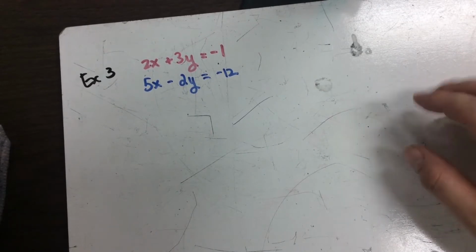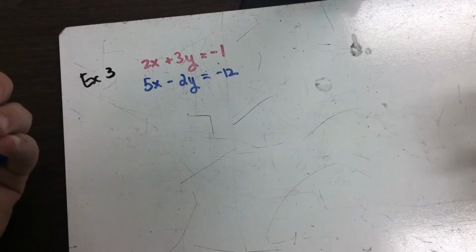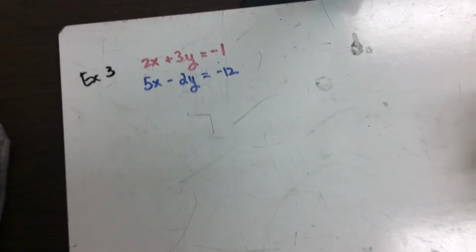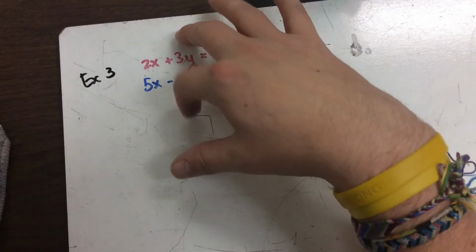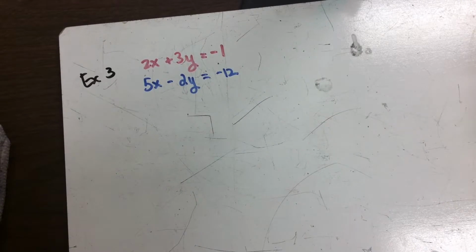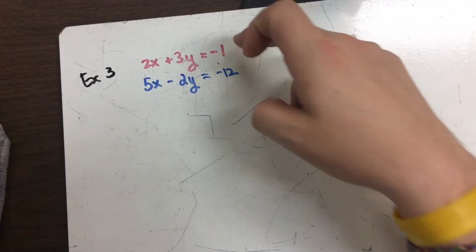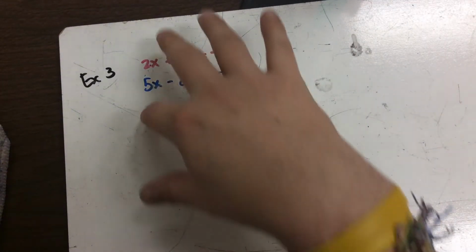As I look at this, it doesn't look like we have anything too easy to play with. I want to ask myself, can I do substitution? I can't do substitution because I have all these numbers in front of my variable, so it's not going to be easy to do substitution. So what can we do here? Well, on some of these problems, it turns out we might have to multiply both equations. If I want to eliminate x's,